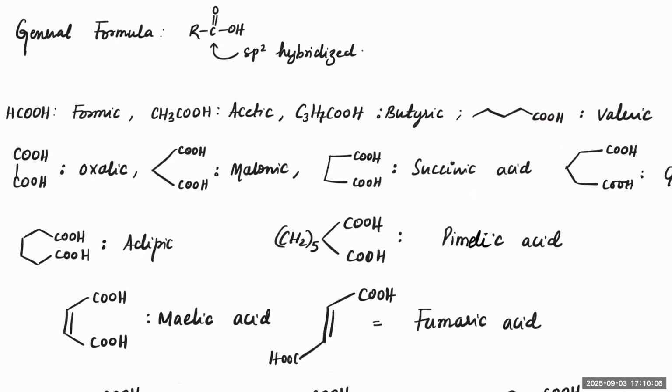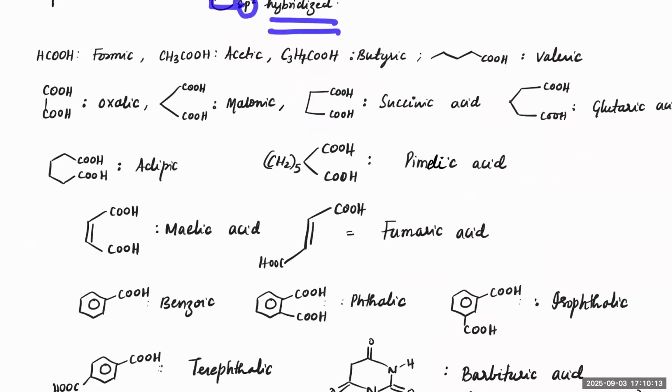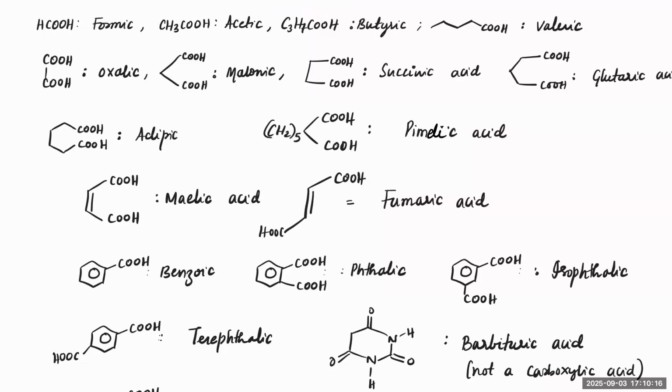By name itself, you know that carboxylic acid is a COOH group having a carbon with sp2 hybridization. In organic compounds, carboxylic acids were one of the first compounds which were noticed, we can say discovered. That's why most carboxylic acids have a common name, or what we call the first name. For example, HCOOH is formic acid, acetic acid, 4 carbon is butyric acid, 5 carbon is valeric acid,